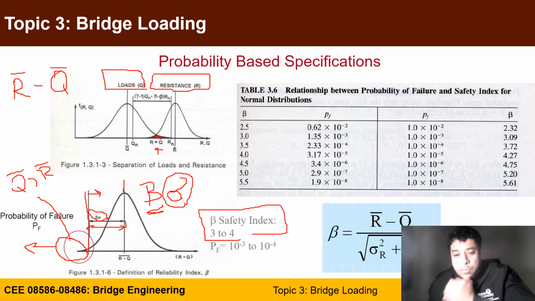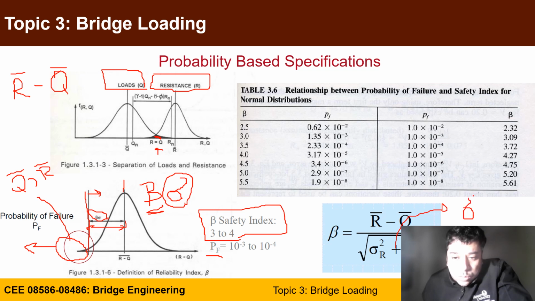in LRFD, which corresponds to 10 to the power negative 3 to 10 to the power negative 4 probability of failure. And you can see here this equation, I hid it in the video, but you can see here this side is sigma square R plus sigma square Q, and based on your beta value, you can go to this table and find your probability of failure. Okay,